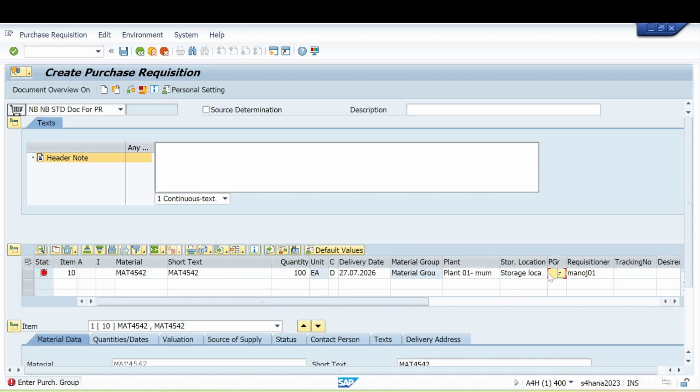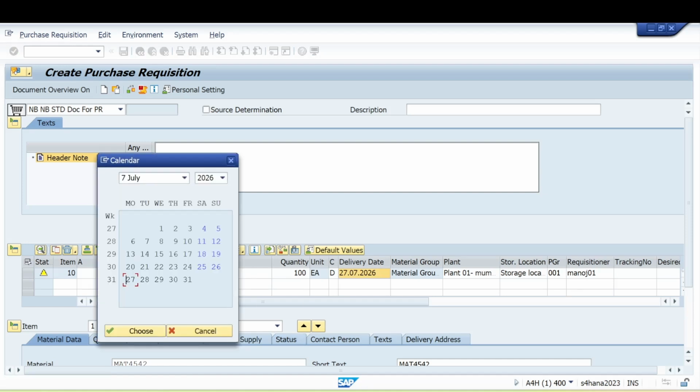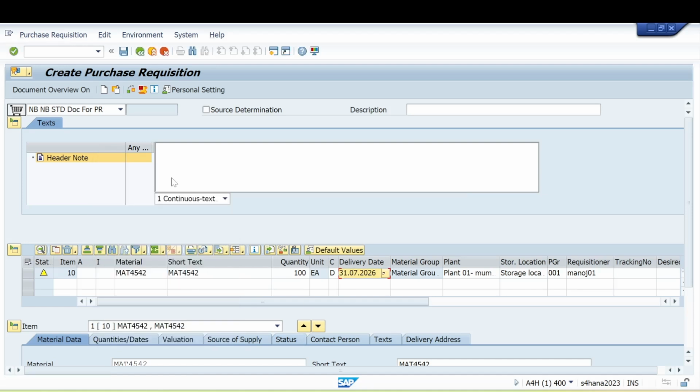Purchase group also. Now it's error free. We just need to change the delivery date. It's just a warning that we can also ignore. And then save it. No message issued during check, then just save it.